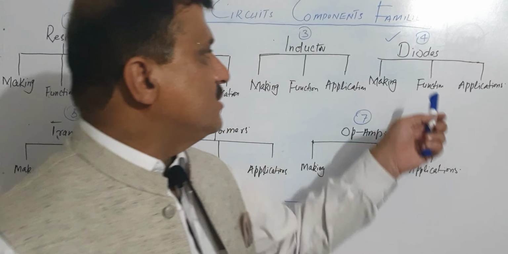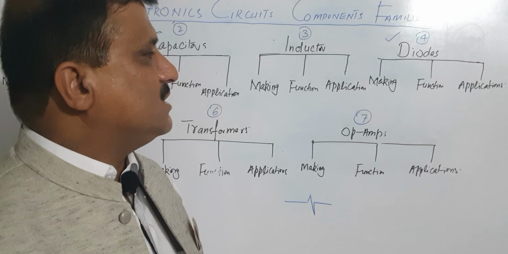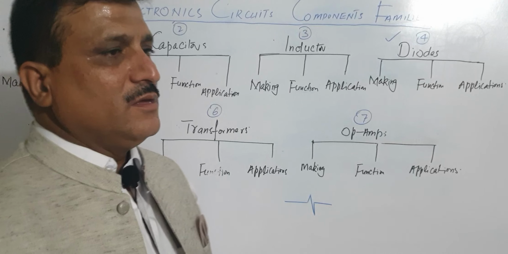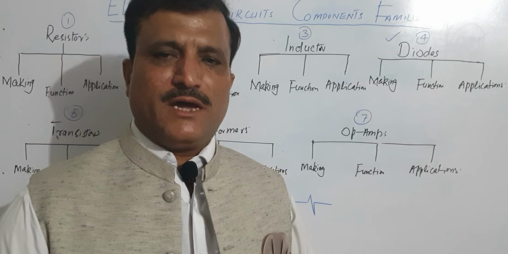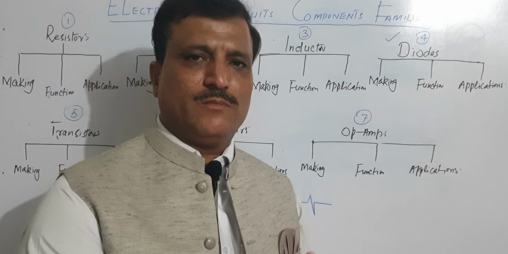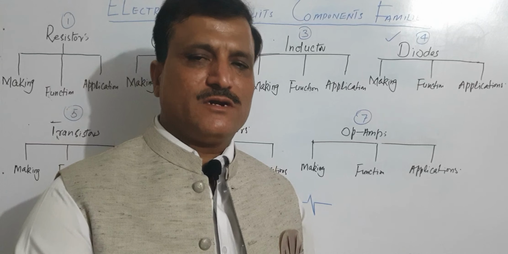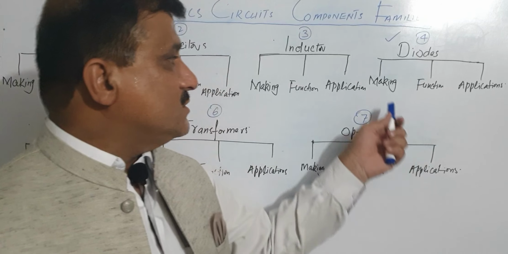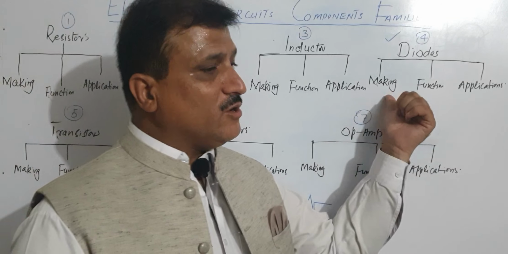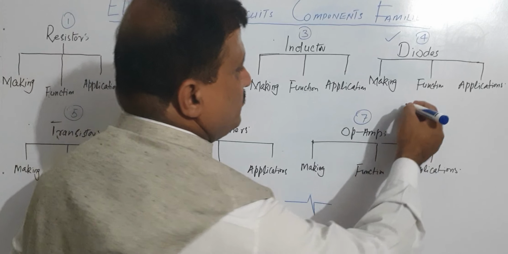Okay, so by the use of these types of diodes, we can make bigger circuits. So now what is the very basic formation or the making of the diode? As I told you, these are now very advanced components, so I will simply talk about the making process, but the concept of the diode requires more lectures. Simply put, a diode can be made from a p-n junction,